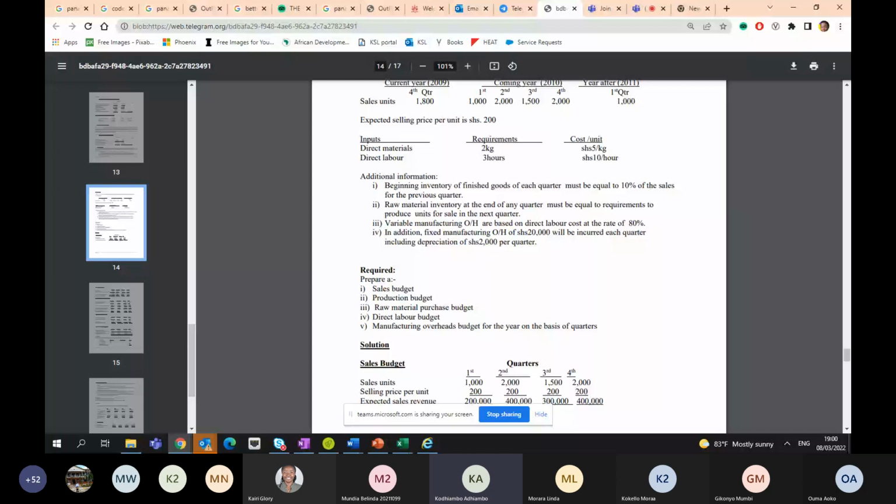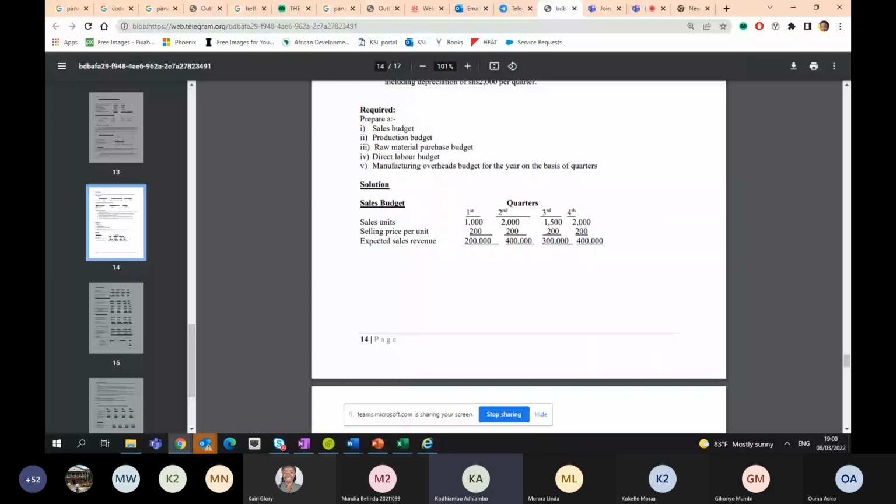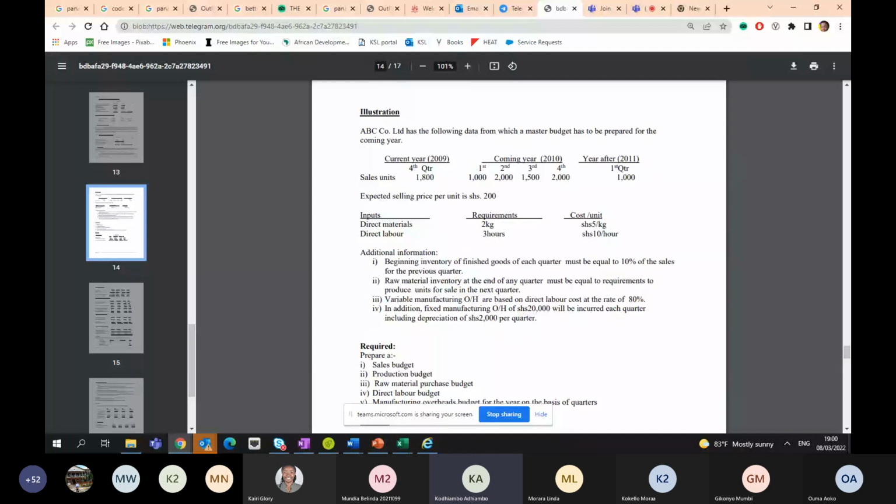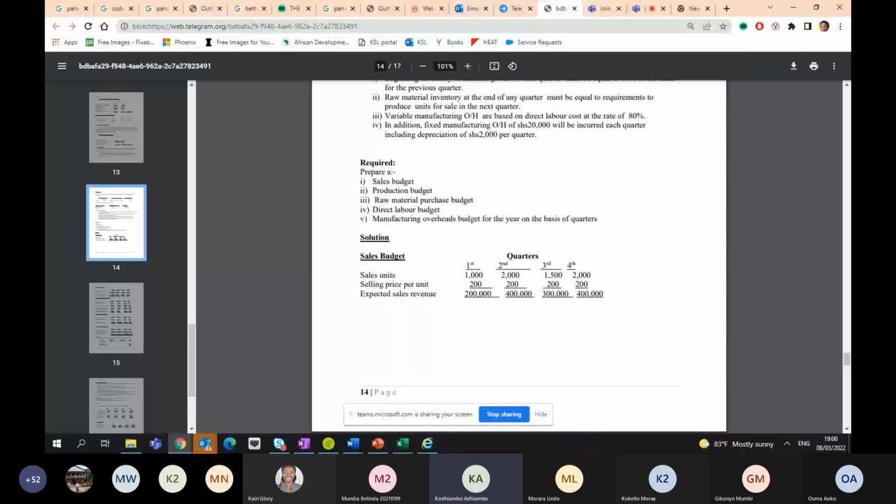Okay, so I can see here the approach is per quarter. If it was an exam and they were not very clear that it's per quarter, I'll just do it all the way up to the year after where I have the information. But here they just want it per quarter, which is the sales unit times the sales price, and you get to that price. Then the next part, they ask you for the production budget, which basically is the cost of